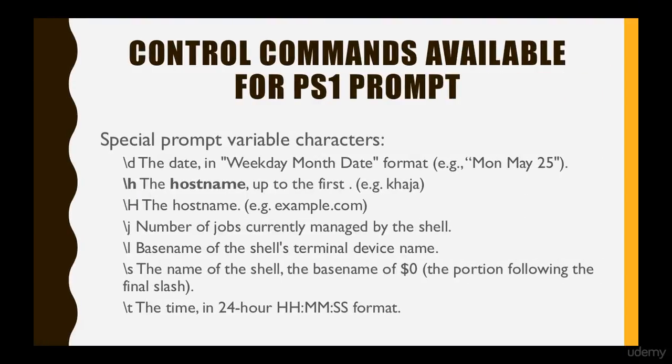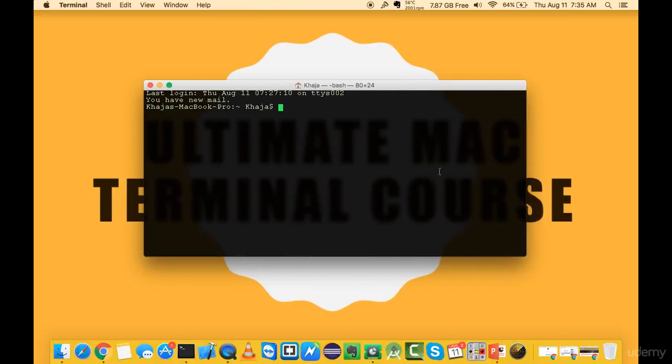So here you can see the various options that are available with the prompt. So these are all the options. If you specify \d, then you will get the date in this format of Monday, May 25, something like that. So let me show you that quickly. Okay, so if I say export PS1 equal to,